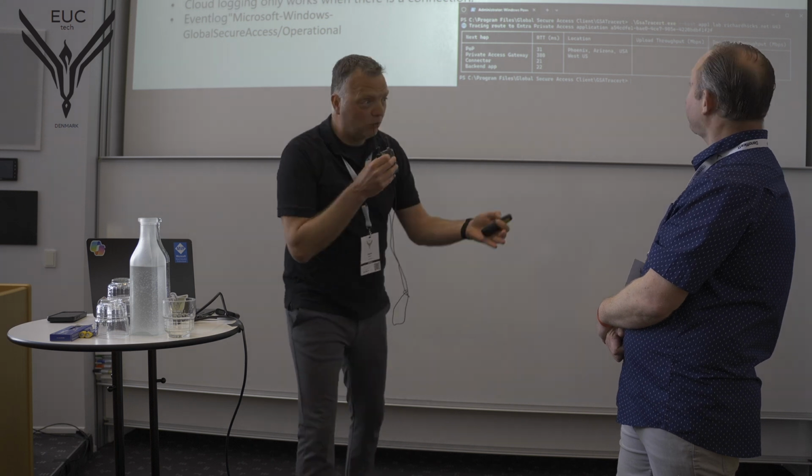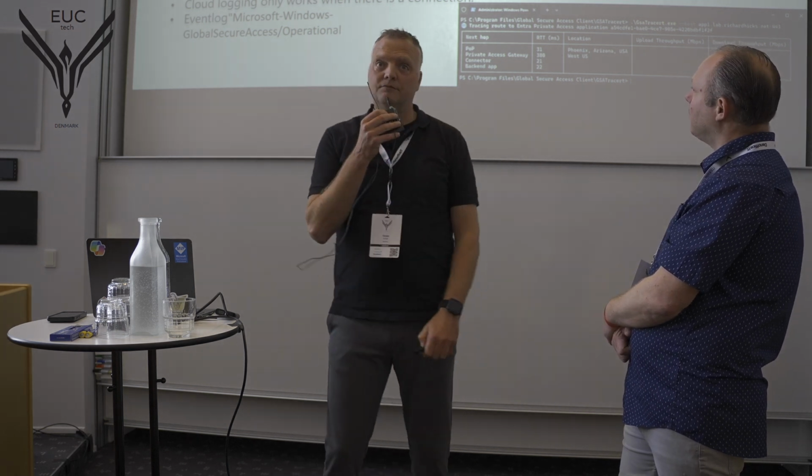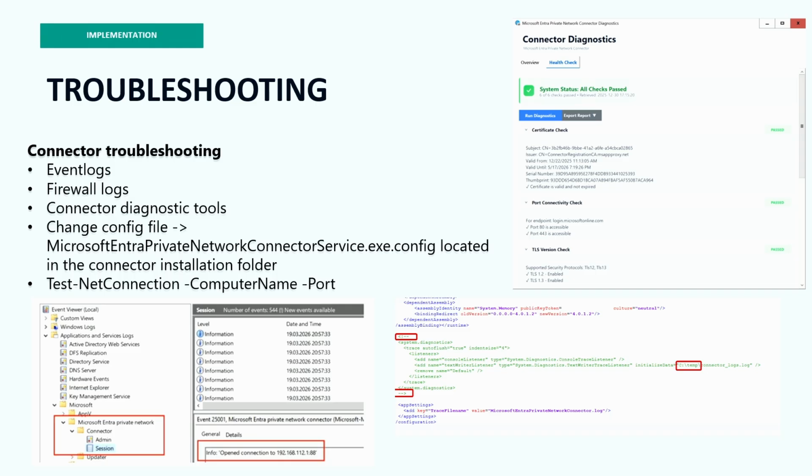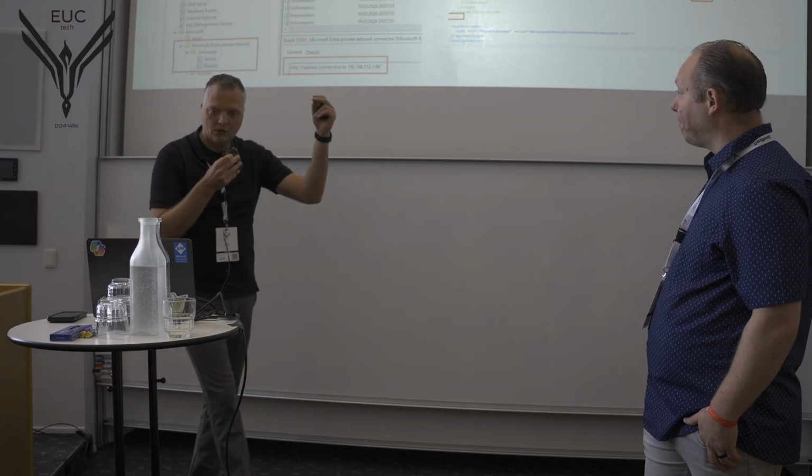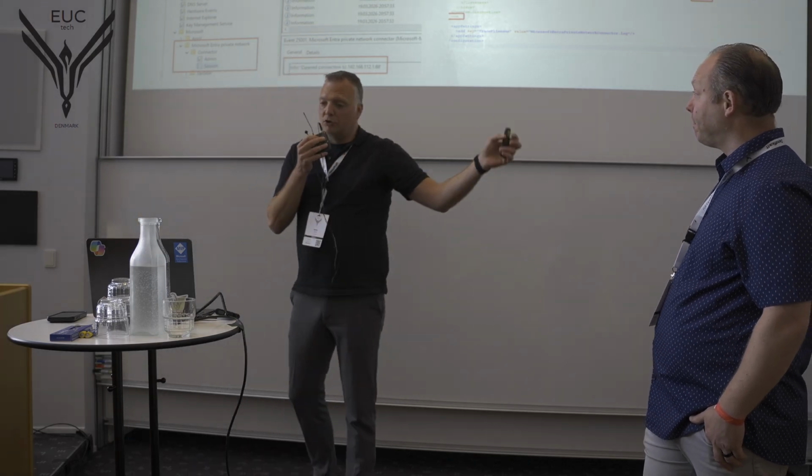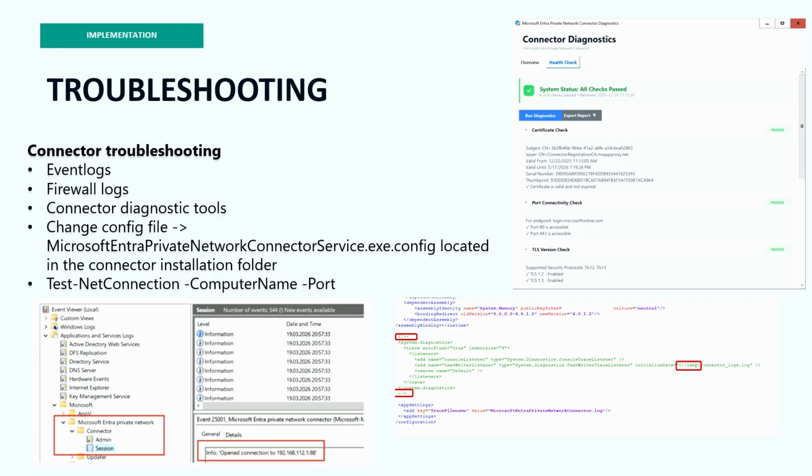But what if the problem is not on the client? What if it's on the connector, the thing that's in the data center where everything is connected to? They have event logs on the connector itself, of course. But the connector is connected to the backend application where it needs to have line of sight. So any firewalls between the connector and the backend applications, you need to check those to see if anything is blocked. You can run the connector diagnostic tool,